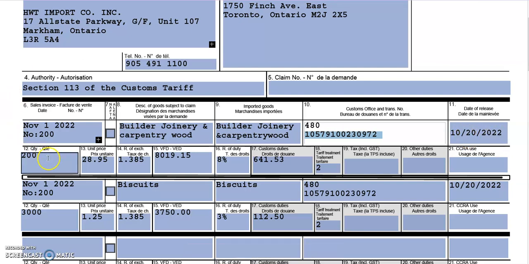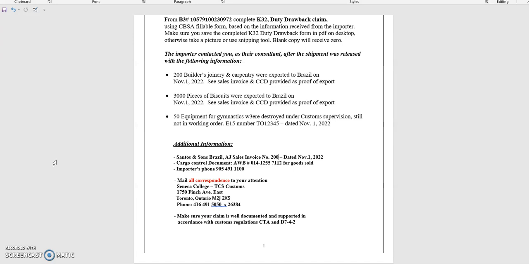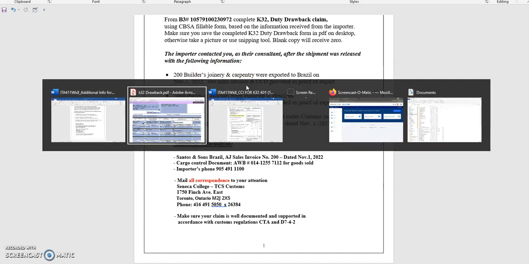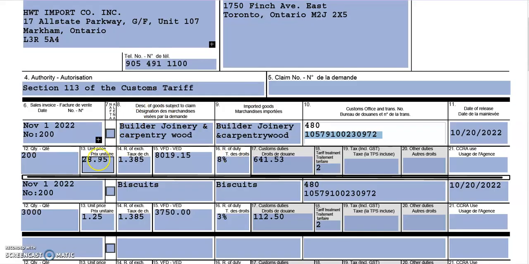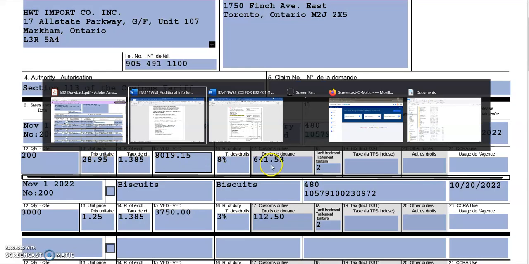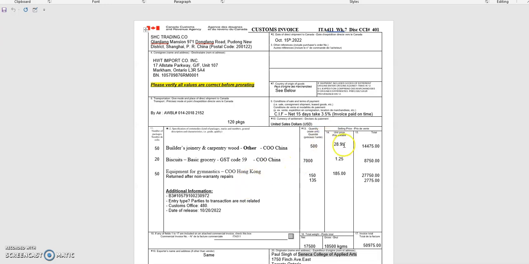The quantity that is exported. Remember, you're just worried about the items that are exported. There was 200 exported, so 200 pieces exported. And the unit price was $28.95. Where I got that from was here. You worry about the import price, not the export price. The import price was